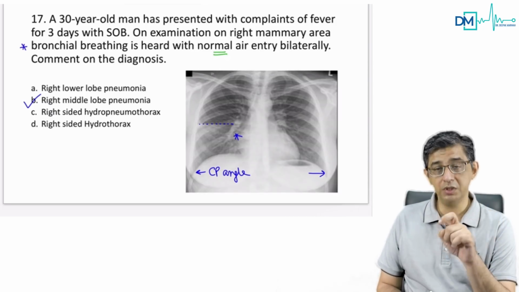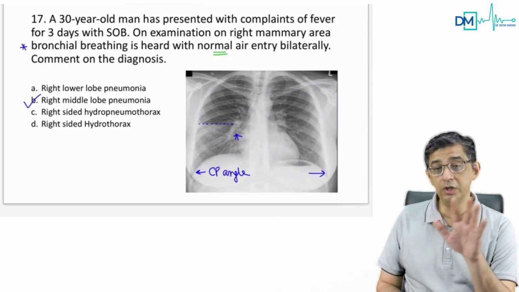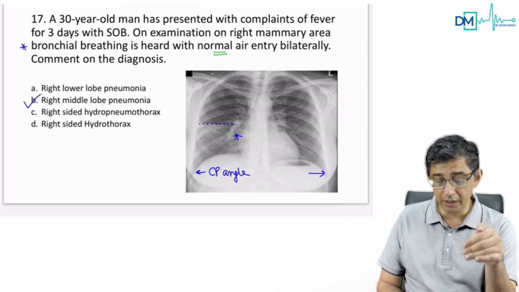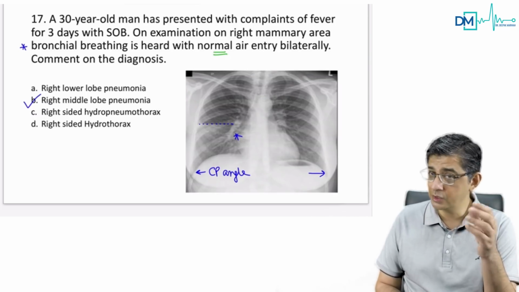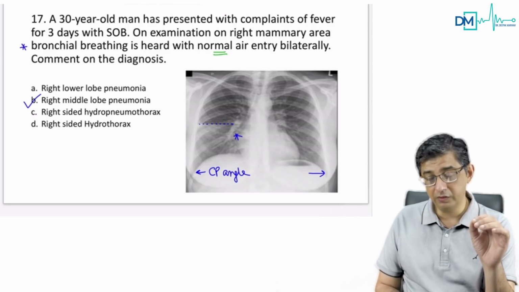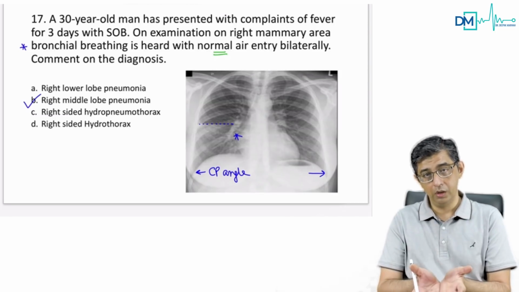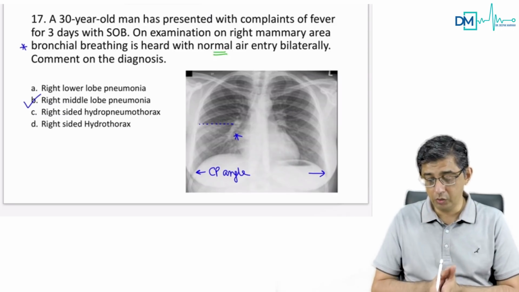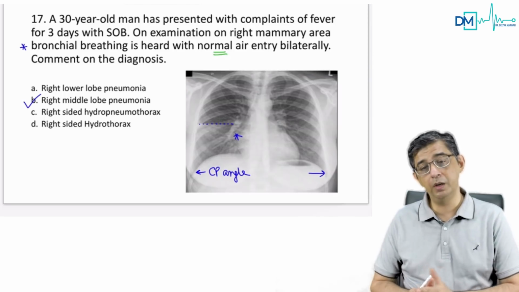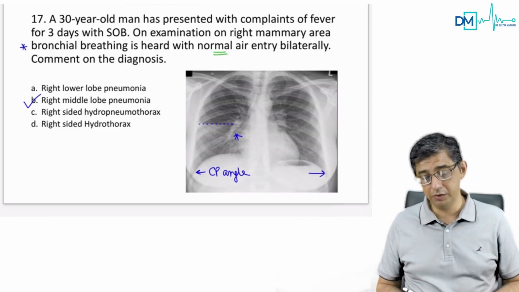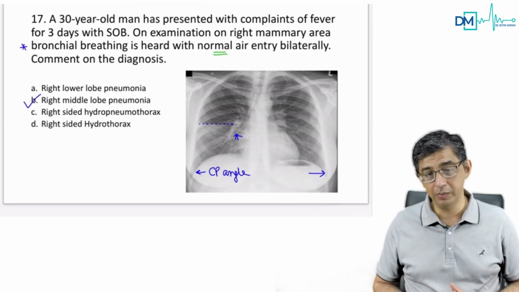So in this question, firstly, hydropneumothorax auscultatory findings would be different from the ones given in the question. The auscultatory findings are telling you it is pneumonia. Even if you don't know the auscultatory findings, if you look at this X-ray, you cannot answer hydropneumothorax because when the water goes down, air will rise. The water, when it goes down, will cause blunting of the CP angle. The CP angle will be obliterated. There would be complete whiteness, but in this case, the CP angle is still visualized. This definitely indicates a right middle lobe pneumonia in the person.